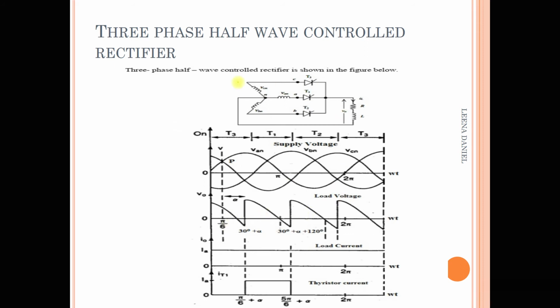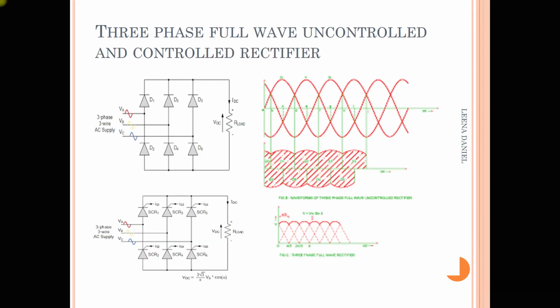Then next is, if the load is inductive, again here is the waveform. In this case also, if our three-phase rectifier supplies an RL load, then in that case also the waveform would go into the negative due to the property of the inductor. The energy in the inductor would flow through the circuit. So again, to improve this, we can use the freewheeling diode.